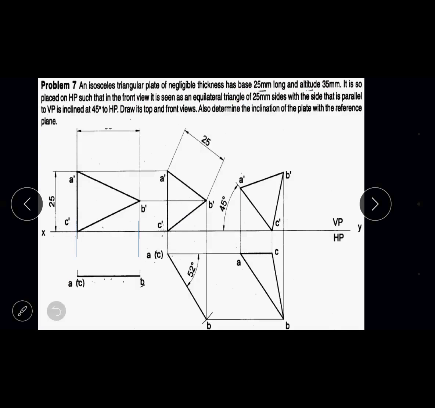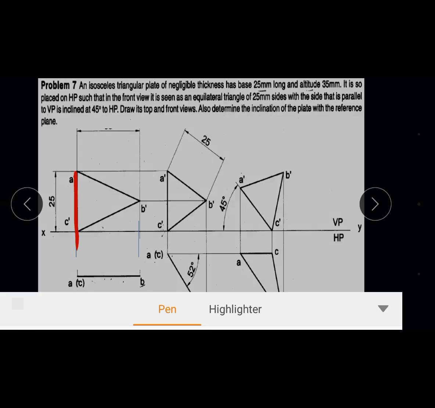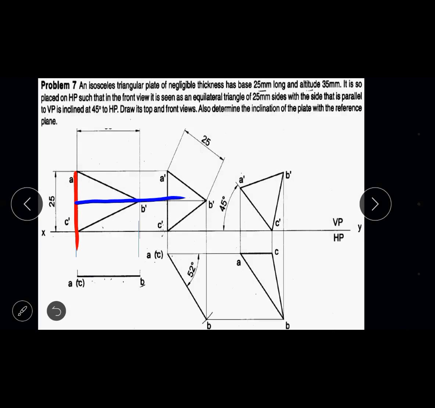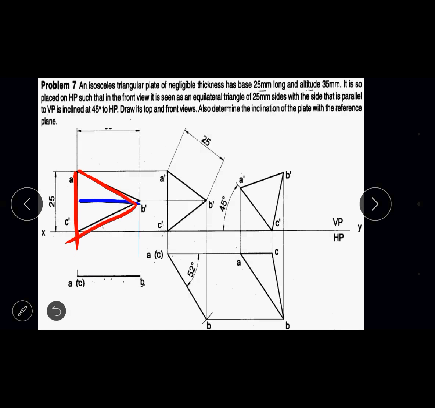So in the figure, this is the figure. For the isosceles triangle, first you will be constructing 25 mm. First consider a vertical line of 25 and then mark the midpoint of this, that is half of 25, it will be 12.5. Consider a line of 35. Then after that, join them, so you will get this isosceles triangle. The front view is an isosceles triangle of base side 25 mm, and the top view will be a horizontal line. Draw the projection line, you will get the top view as a horizontal line.